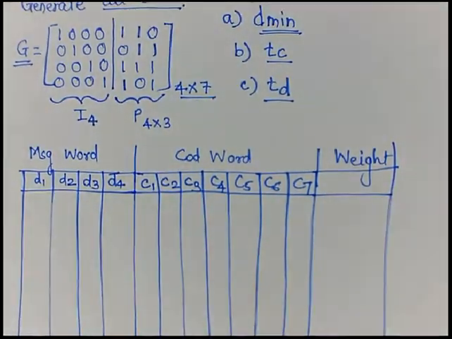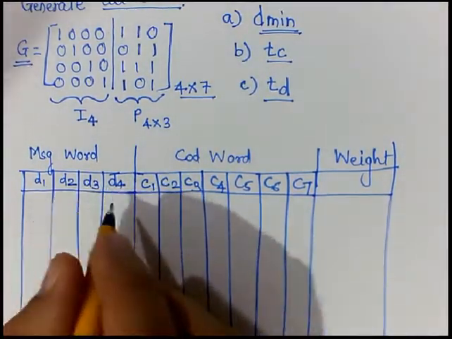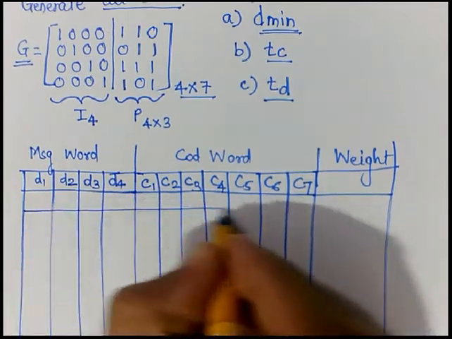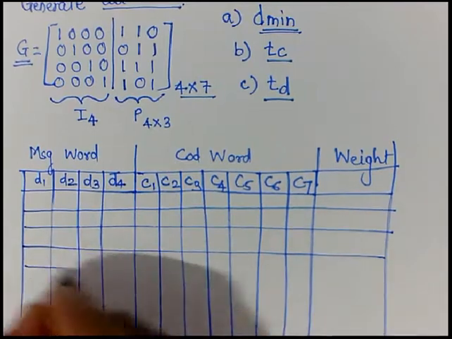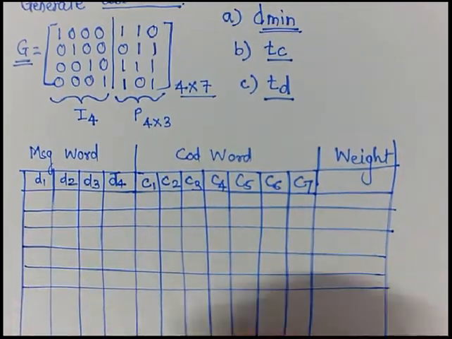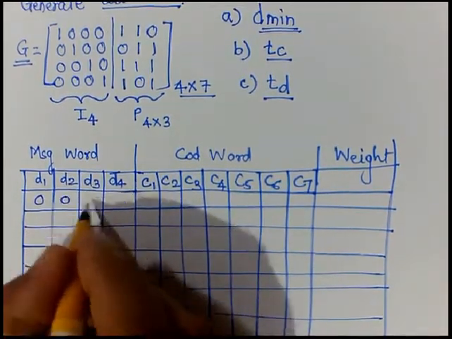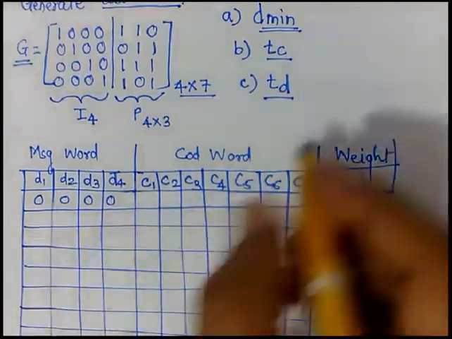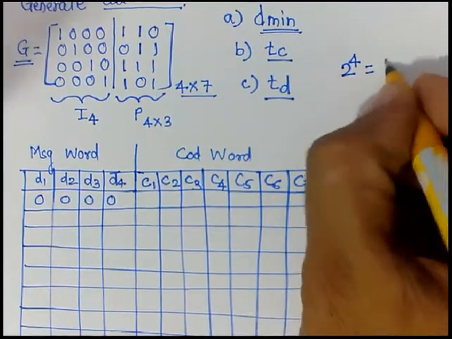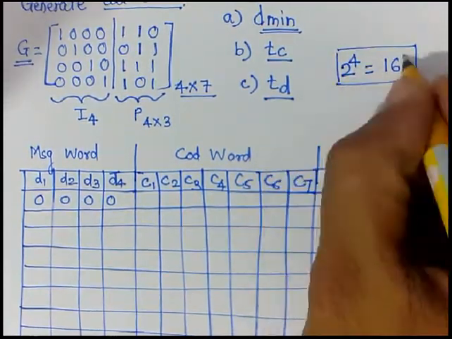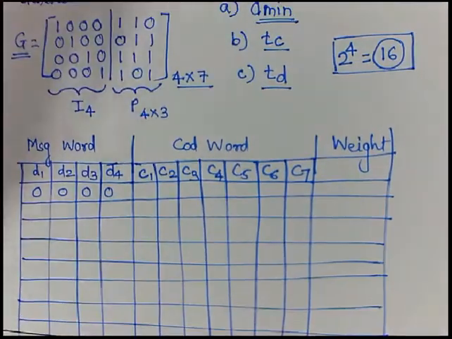So this weight will be calculated. Once we got this entire thing, next we will just write it for the different message words. Let me just write it. I will just put here the simple aspects so that you will get to know. Since the message word is of 4 bits, total combinations are 2 raised to 4, so total possible message words will be 16. These are the 16 message words which are possible for our case.